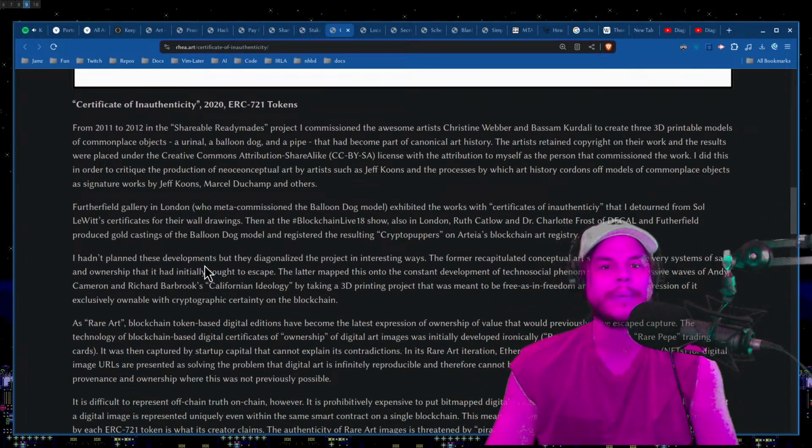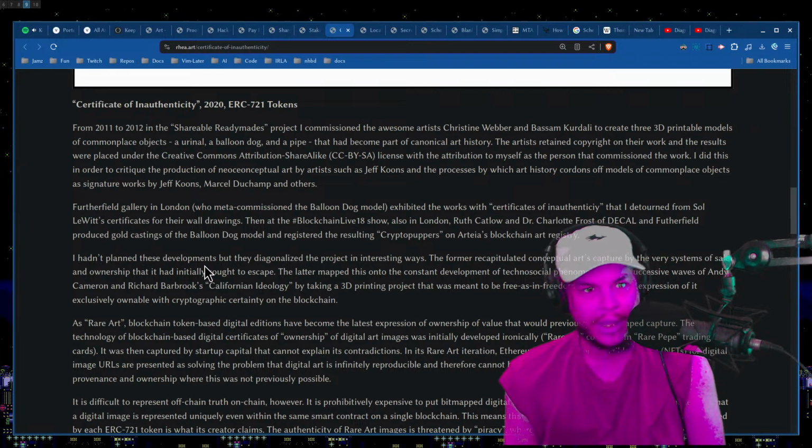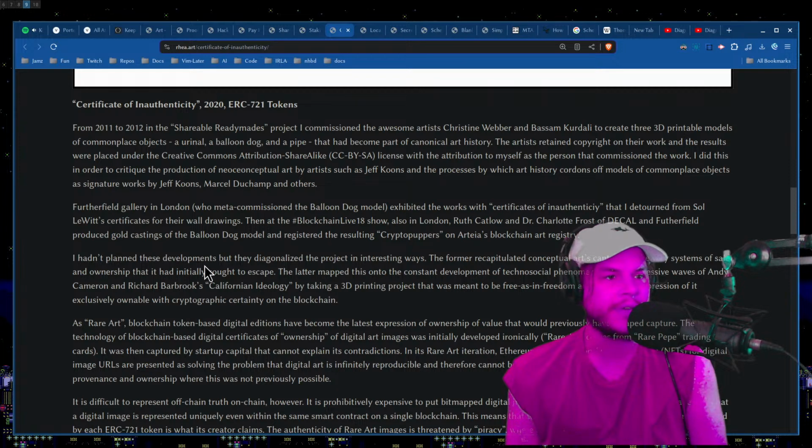So, Certificate of Inauthenticity. This is a 2020 ERC-721 token. From 2011 to 2012, in the Shareable Readymades project, I commissioned the awesome artists Christine Weber and Basim Kurdali to create these 3D printable models of commonplace objects, a urinal, a balloon dog, a pipe, that have become a canonical part of art history. The artists retained copyright of their works, and the results were placed under Creative Commons Share Alike. That's a CC BY-SA license